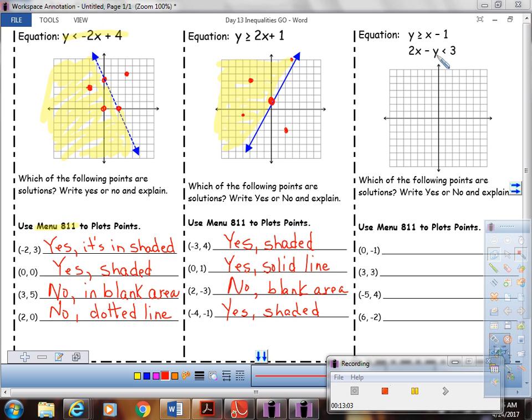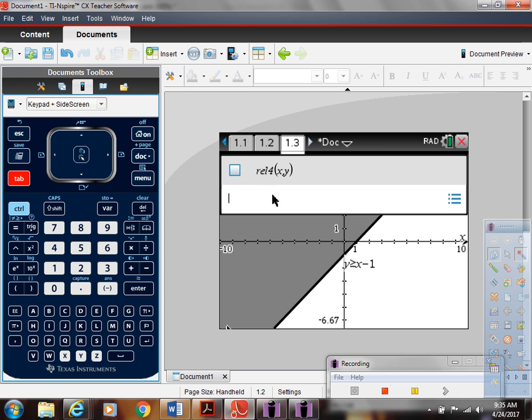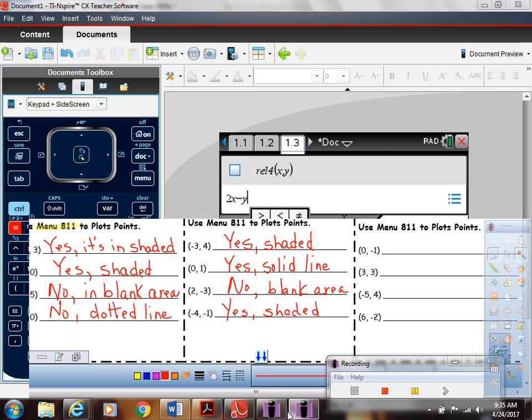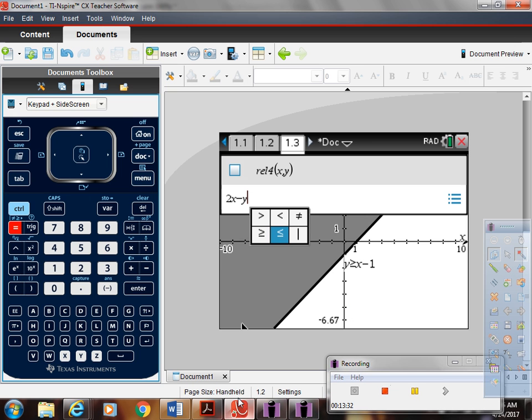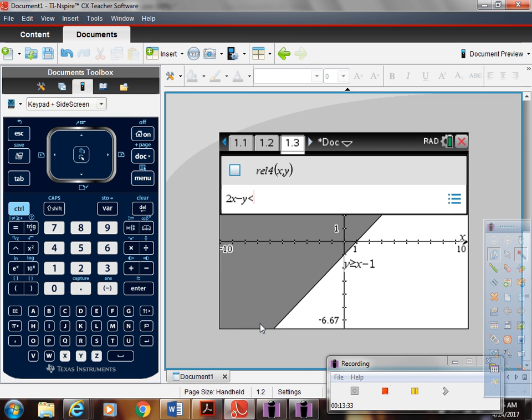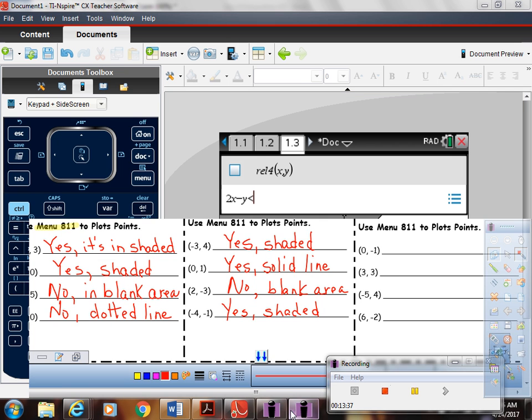And for that one, you're probably going to have to use relations, if it's not already up. Yeah, it's already up there. So you just type it in, 2x minus y. And then don't forget where the symbols are. They're right here. Look, behind the equal sign, there are symbols right there in blue behind the equal sign. So hit control, hit the equal sign, and it pulls up all the little symbols you need. We need a less than symbol. So I'm going to pick this one. And then, what is that, 3? Yes.